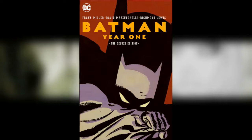It's worth noting that this was published after Miller wrote Dark Knight Returns in 1986. We'll discuss that in a few minutes, but for now let's note that this story is chronologically the first one in the Millerverse, although it was published second. That's because the contract Miller signed to produce The Dark Knight Returns required him to also write a revamped Batman